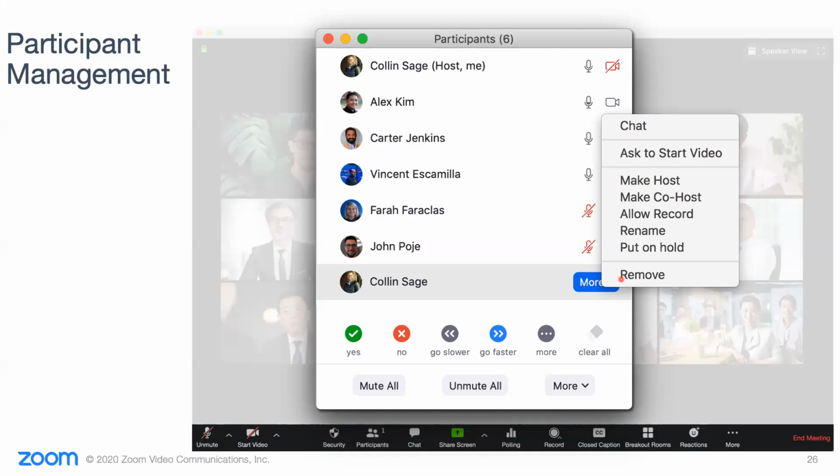I actually rolled my old high school out on Zoom about a month and a half ago or so, and got some teachers emailing me saying, hey, we have students that are coming in and we're telling them, make sure you're paying attention and not doing anything inappropriate. If you continue to disrupt the class, we will kick you out of it. Students think it's just a threat to try to get them not to do it, but it's actually not. You can just kick them out of the meeting and they can't rejoin for the remainder of that